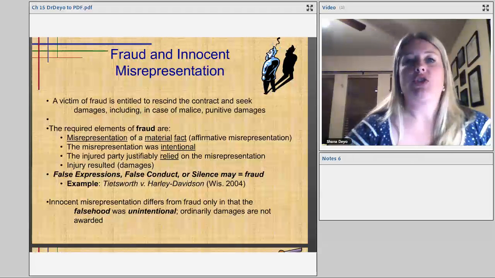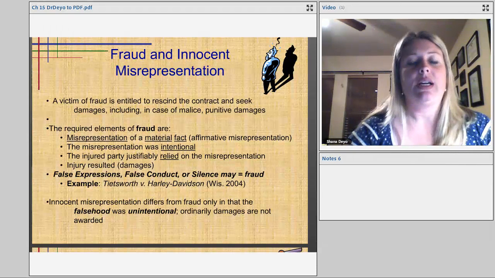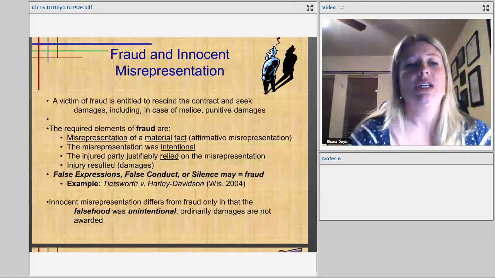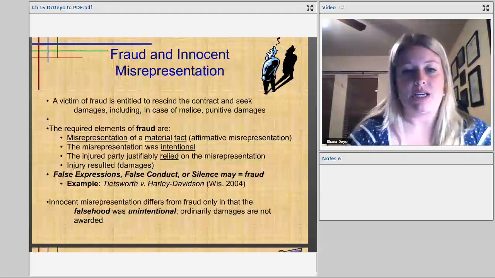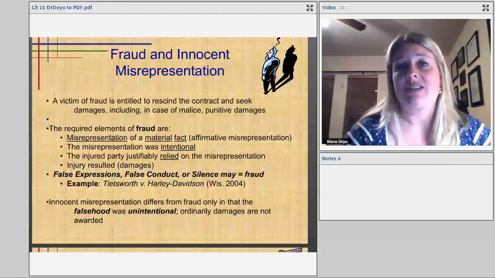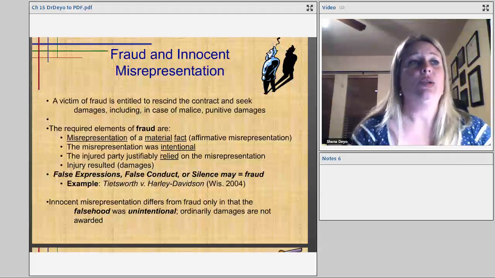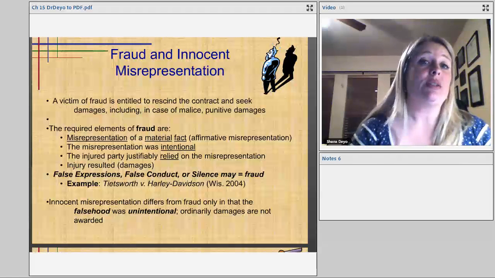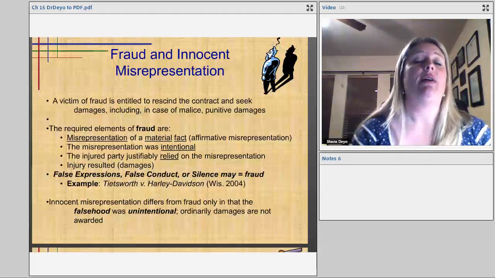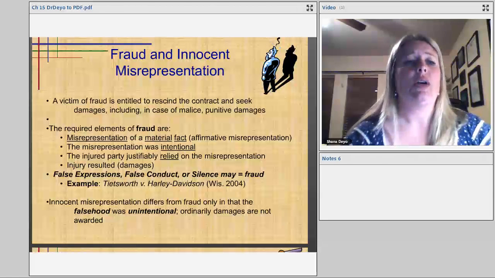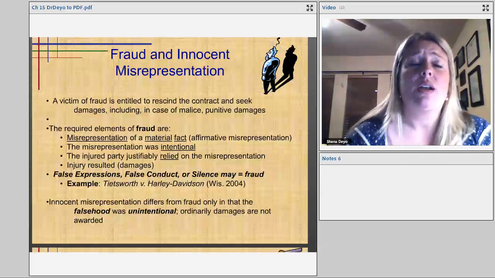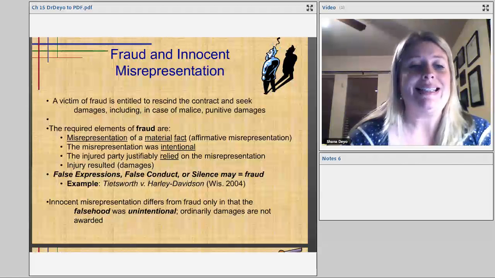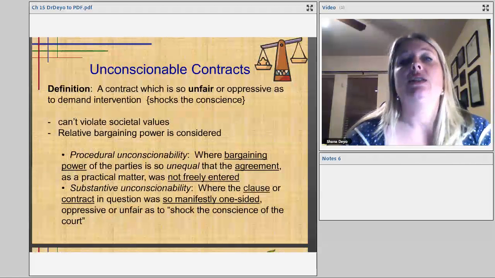Okay, and then just to mention, because I'm not sure if it's on the quiz, there's a difference between, of course, fraud, which is intentional misrepresentation, and innocent misrepresentation, because that is when there's just an unintended falsehood. You say something, but it's false. You may not know that it's false, it may be a mistake, or you may not have meant what you said. So that is not going to be in the same category and not punished in the same way as fraudulent behavior, which is intentionally done to misrepresent.